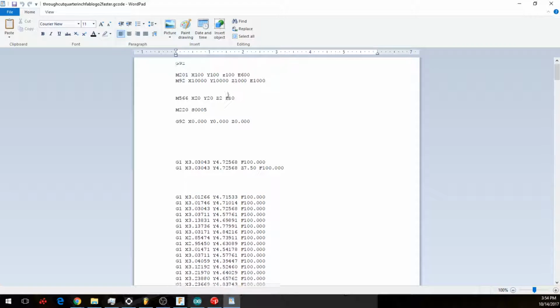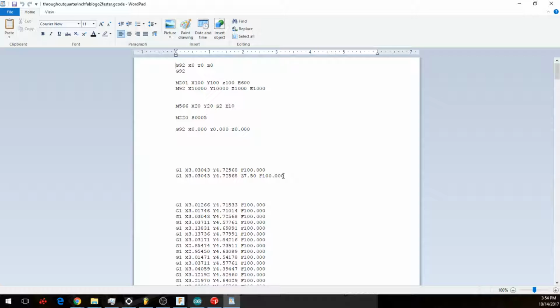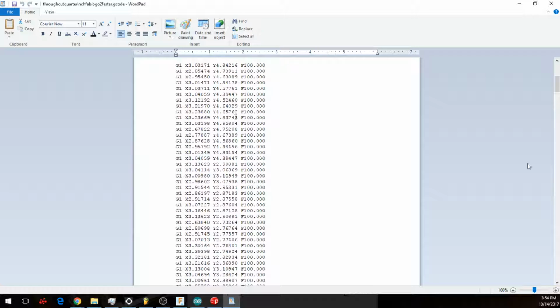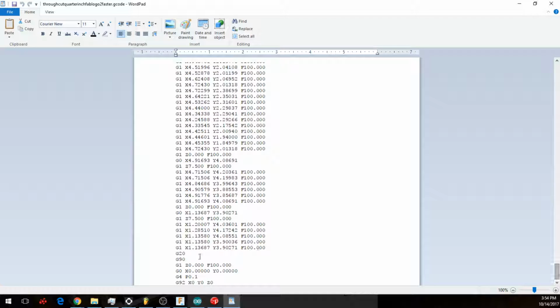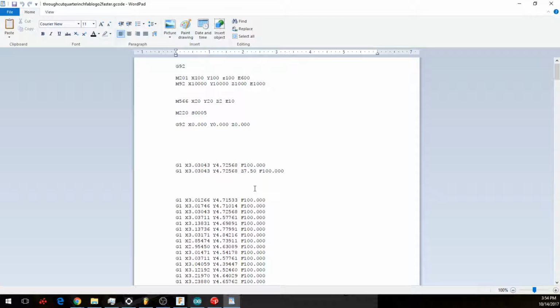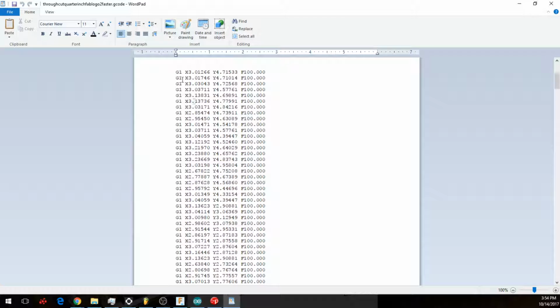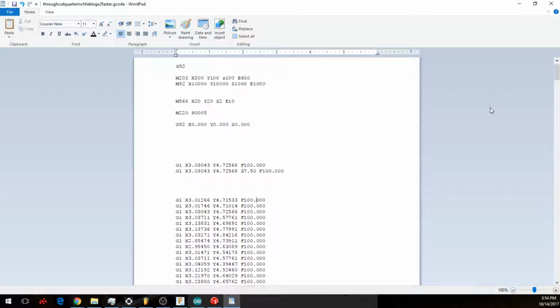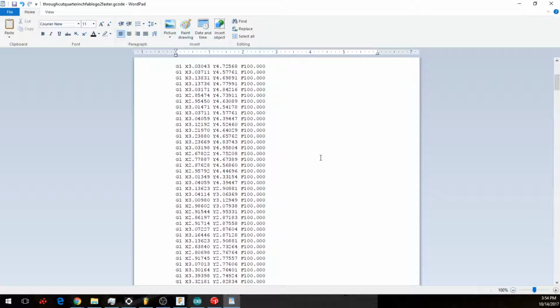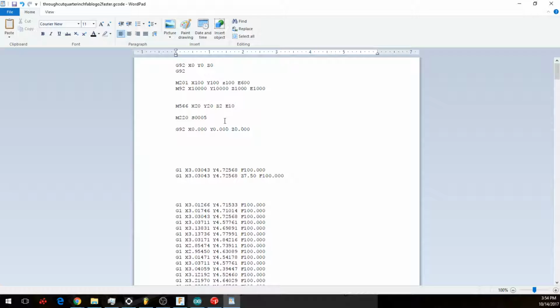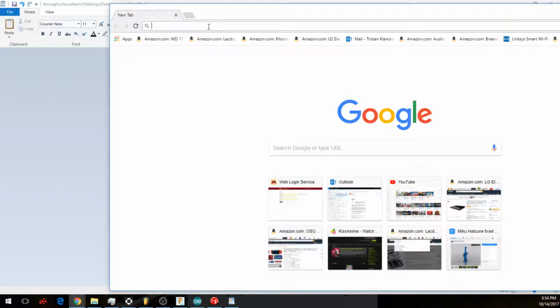Now I'm going to explain. The way G-code is laid out is you have a header, you have your main code, and then you have a footer at the bottom, which is this stuff. The header essentially initializes your machine and sets all your variables. Then you run your code, and all your code is movement commands: move the X to this location, move the Y to this location, and do it at this rate. Then your end code resets it after the fact. So I'm now going to explain what all these things mean. If you don't know what something is or want to change something, go to Google and just go to G-code